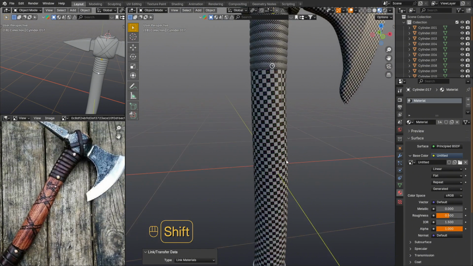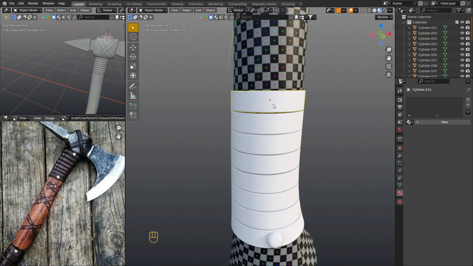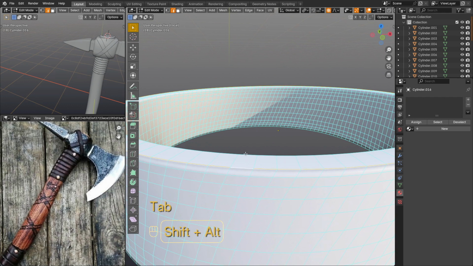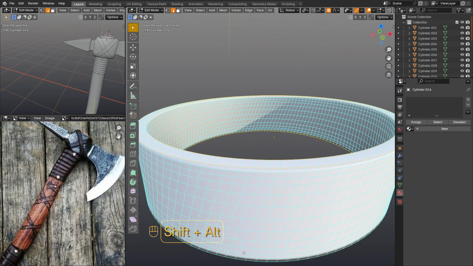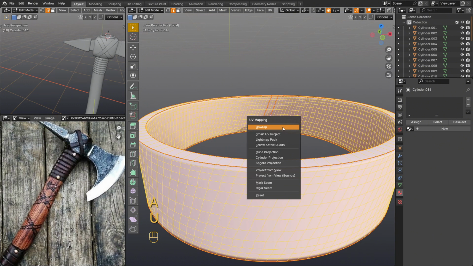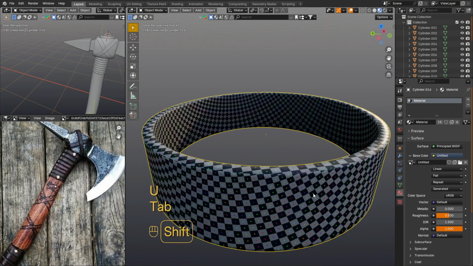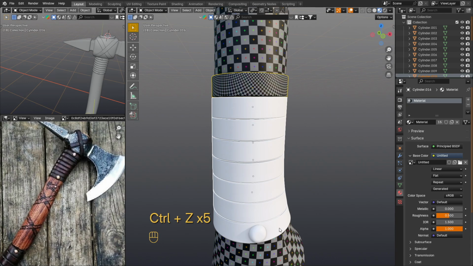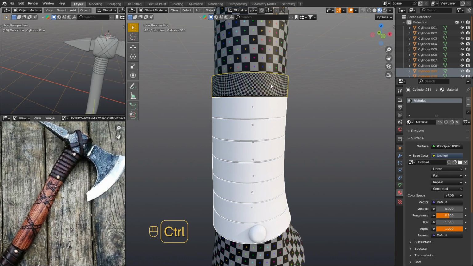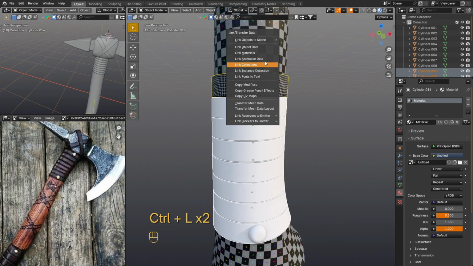Now we can proceed to the lower straps on the axe handle. Select one of them, go to the edit mode, with the Alt pressed, select the edge loops that suit us as seams and mark them. Press A to select all faces, press U and select Unwrap in the menu. And assign the material. Now, according to the scheme known to us, first select the empty straps, and lastly the one from which we want to copy the information. And using the combination Ctrl-L copy the UV map and material. With a nail, I hope you already figure out what to do, right?